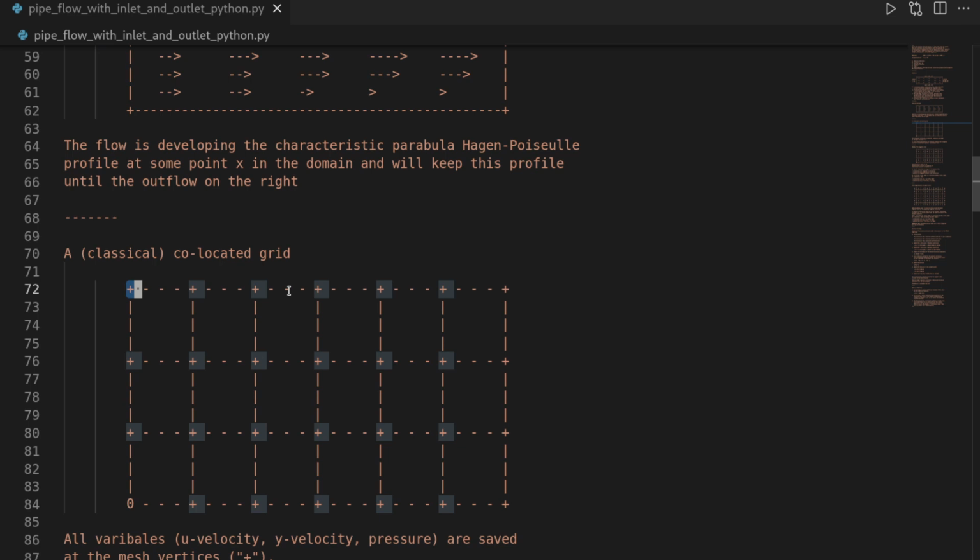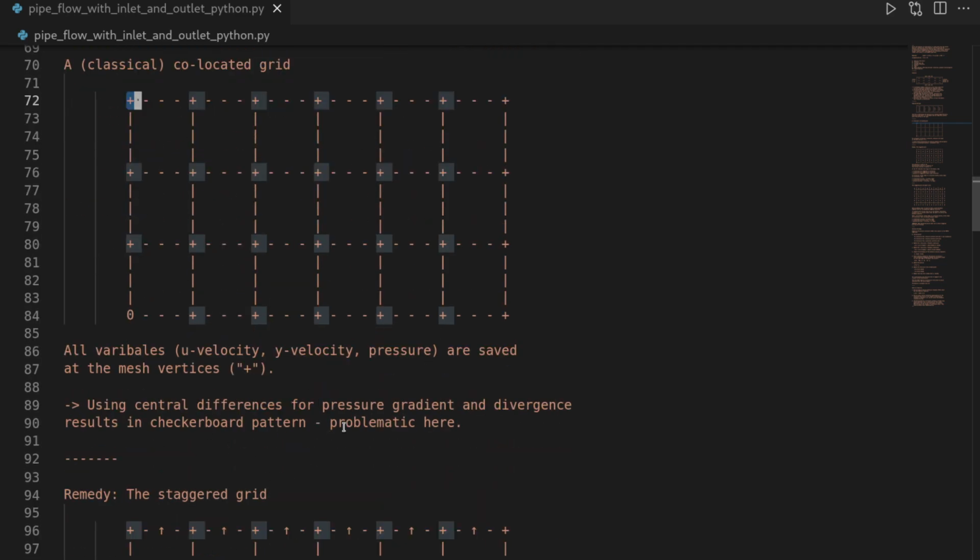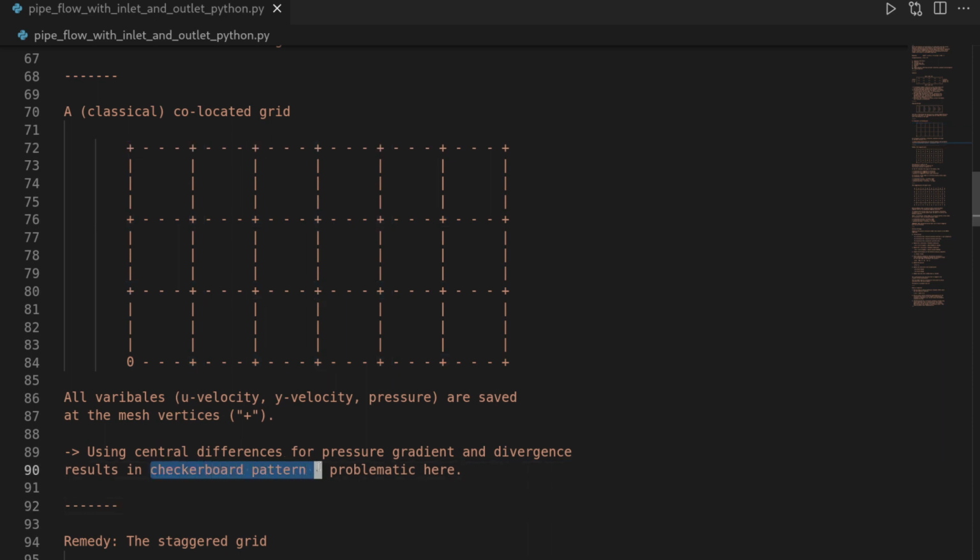And for some applications, this might not be a bad idea and can actually also lead to correct simulation results. However, here, due to the fact that our flow is strongly driven by a pressure gradient, we would observe a pattern that is called checkerboarding pattern. And the problem with the checkerboarding, or the reason why it arises, is: imagine for instance this node here,